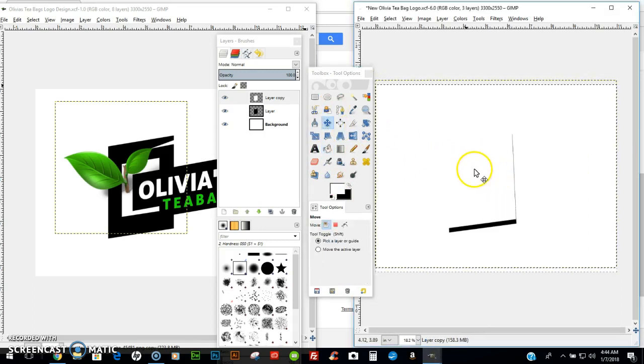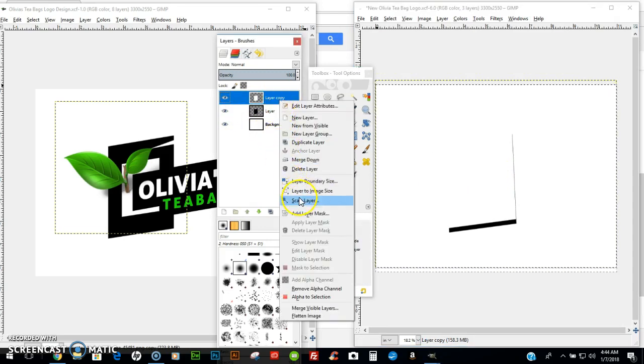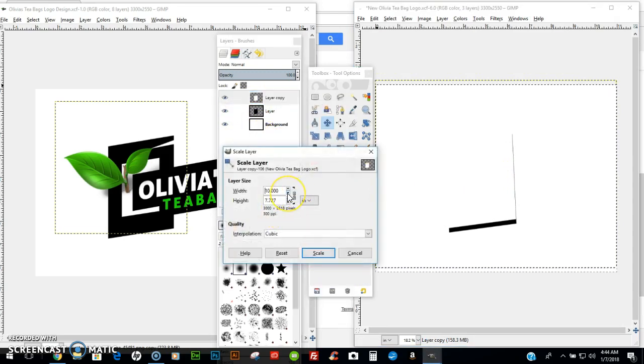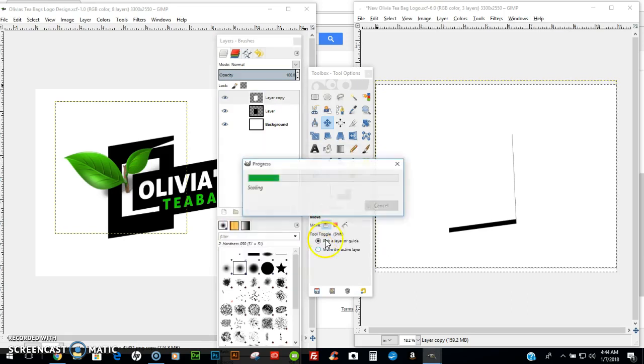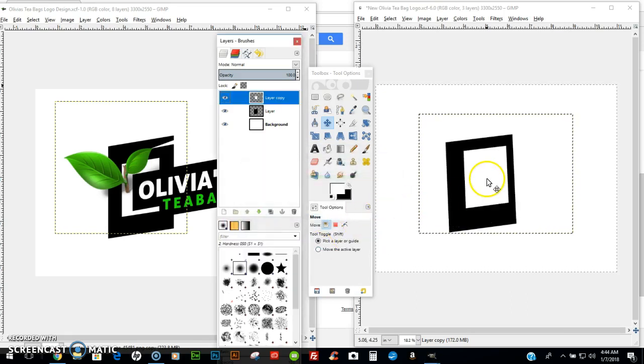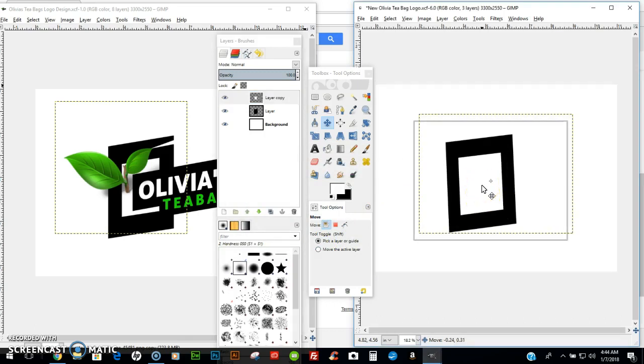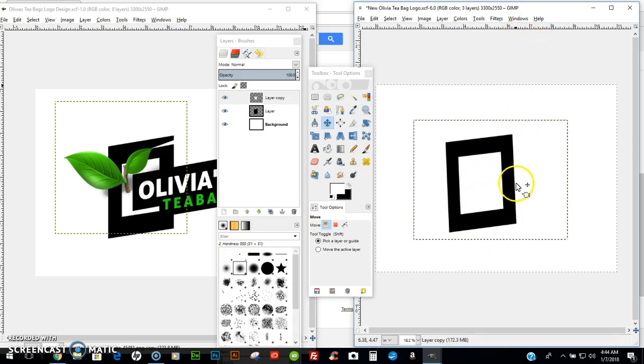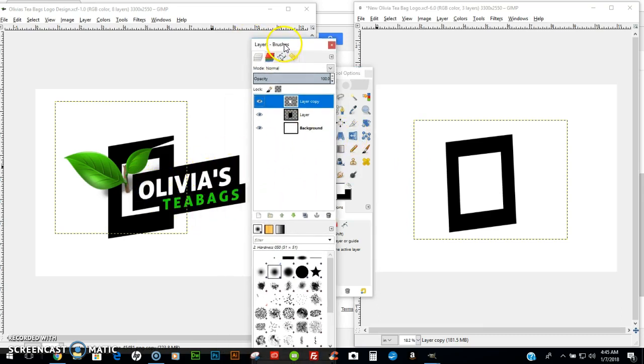Alright, so now we need to go to the layer, right click and scale that layer down some, maybe a few clicks. Alright, so that is the first step to our particular project. Now I want to create the boxes that you see here,